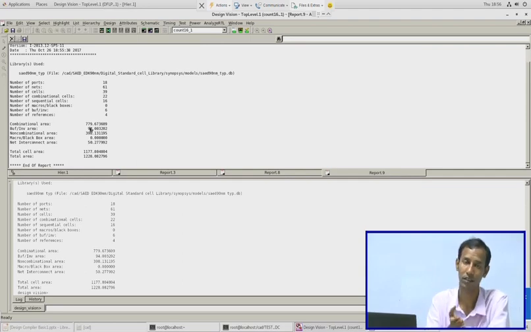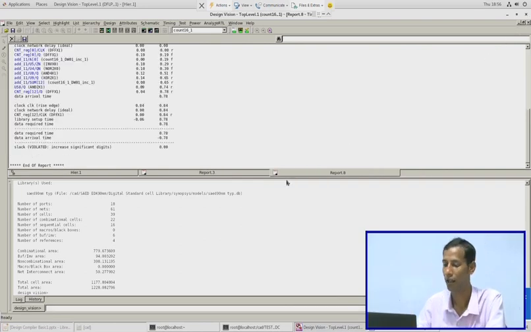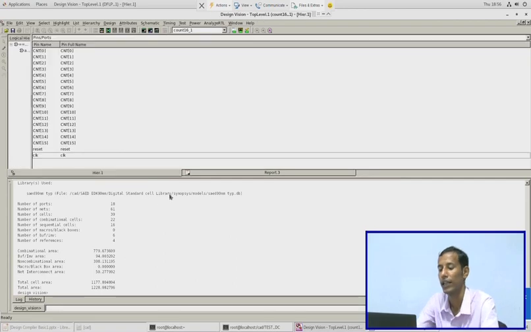Okay, so area wise it has increased, but delay wise it has decreased. So there is a trade off between that. So in this way, so then